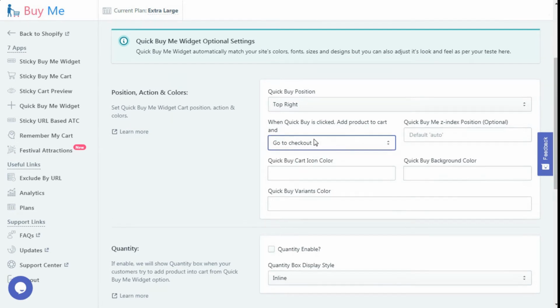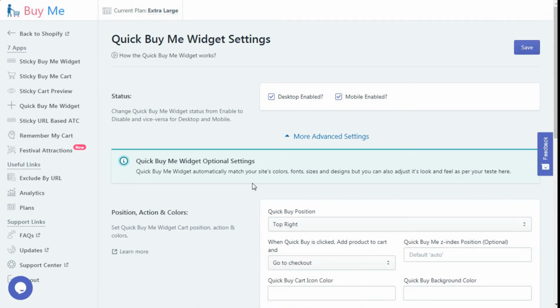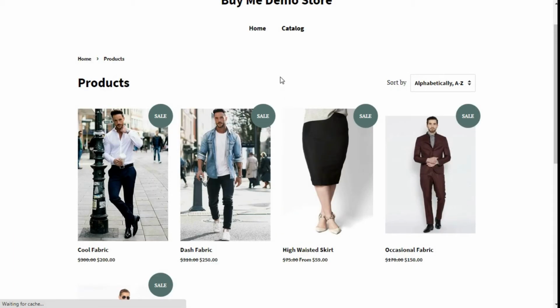Please press the save button after making any changes. Please visit the website and reload the page to see the effect. As you can see here, when I clicked on the Quick Buy Me widget, it added the product to the cart and redirected to the checkout page.